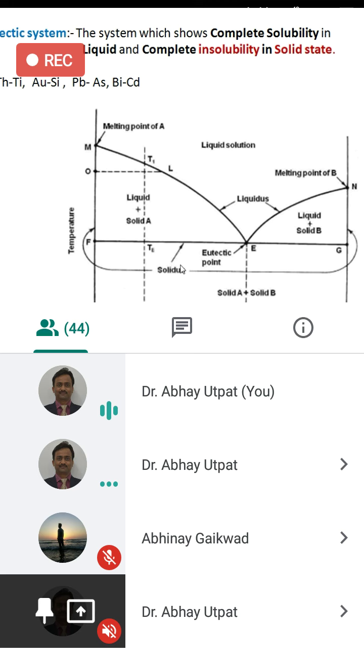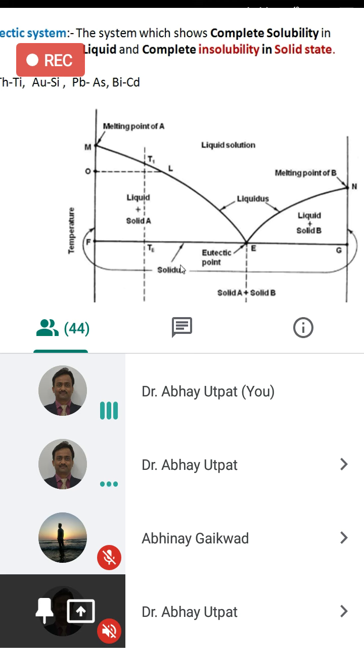But in nature there are a number of systems which show eutectic reaction. Almost all systems show eutectic reaction. So when we go to the types of steels chapter, you will realize there is also a eutectic point in steel, that is iron and carbon. So here these are pure eutectic systems.